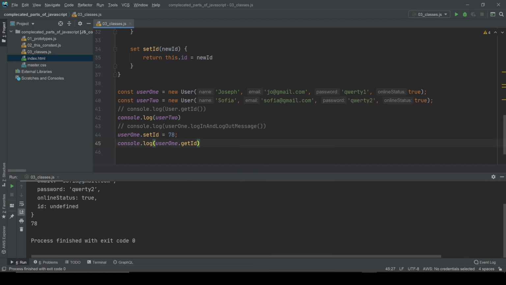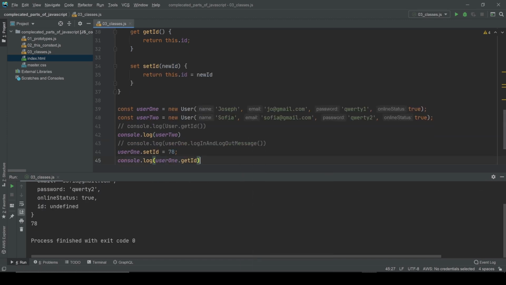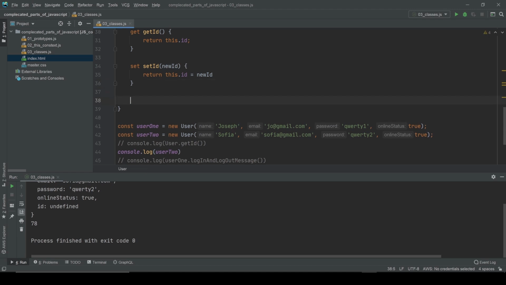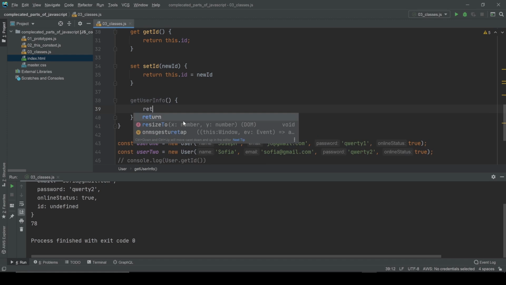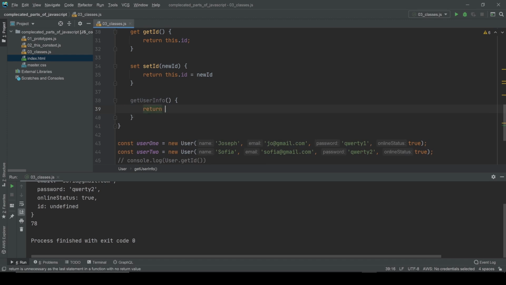Okay, that's how we set. Let's create one more method where I'm gonna get all the information of each user, and I'm gonna print it to the console. We're gonna name it get user info, and we're gonna return right here, and for the string I'm gonna use template